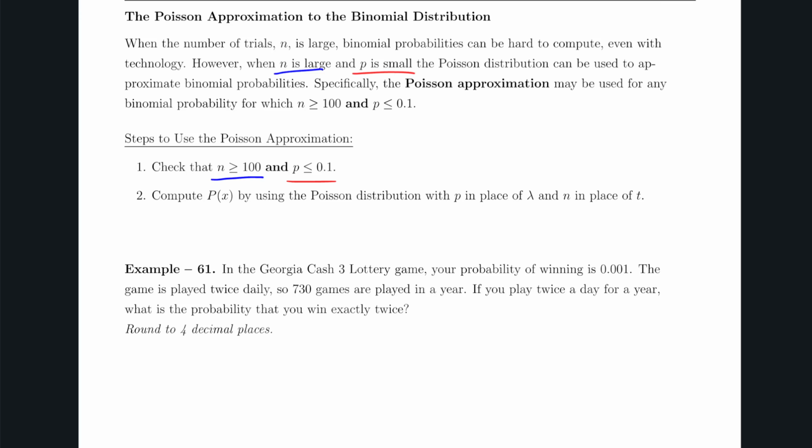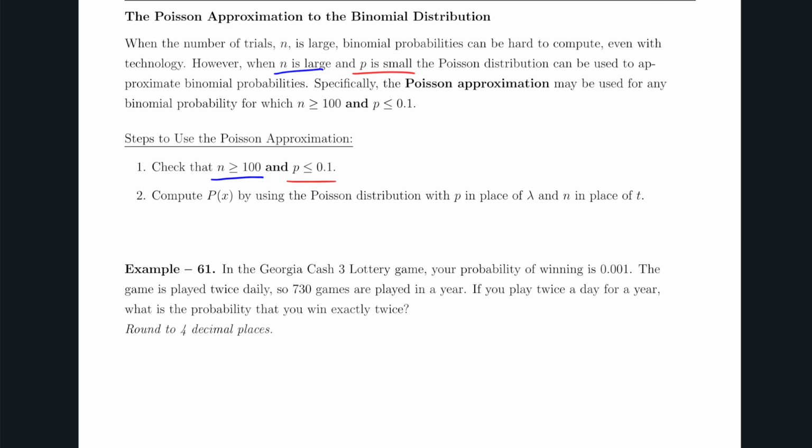And this can be helpful because, like we said, when the number of trials is significantly large, binomial becomes very difficult to calculate, and in general, the Poisson formula is easier to work with. So it tells us that we can approximate binomial distributions with the Poisson formula only in the cases that the number of trials is greater than or equal to 100 and the probability of success for each of those trials